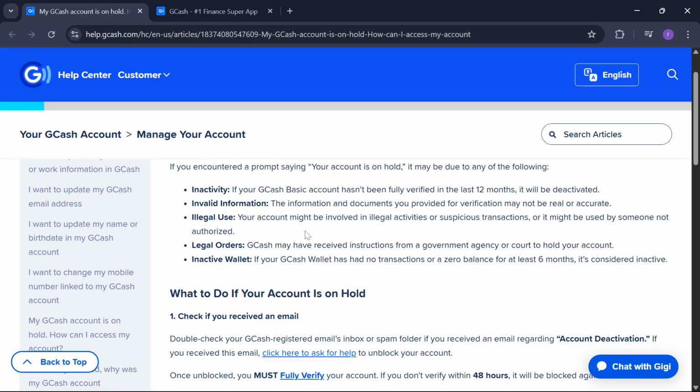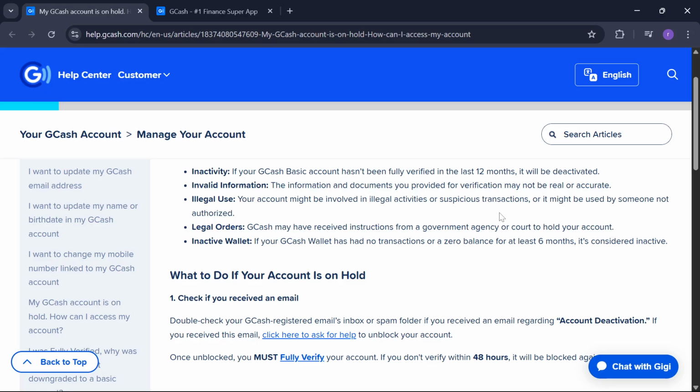like inactivity. If your GCash basic account hasn't been fully verified in the last 12 months, it will be deactivated. And the information and documents you provided for verification may not be real or accurate. And your account might be involved in illegal activities or suspicious transactions, or it might be used by someone not authorized, and GCash may have received instructions from a government agency or court to hold your account,